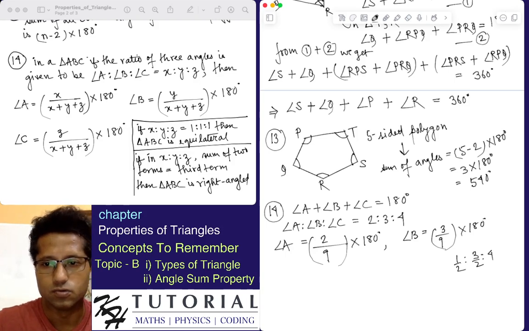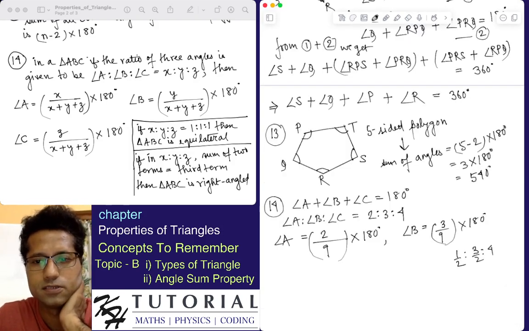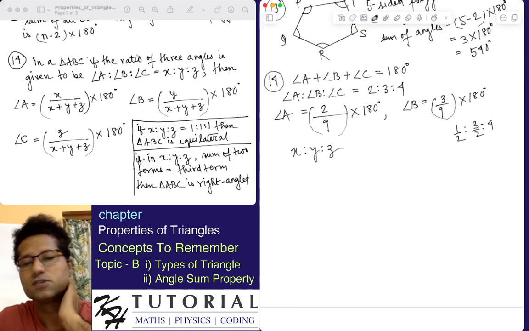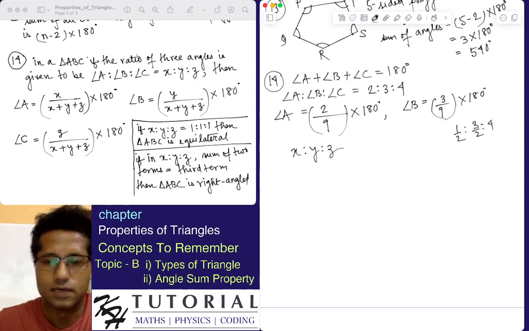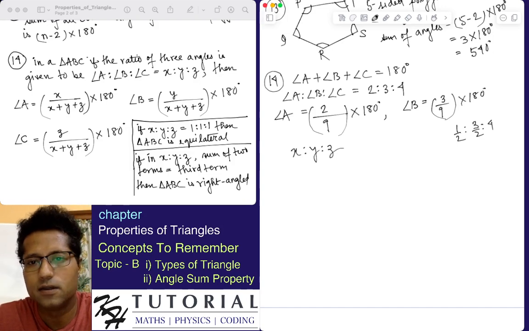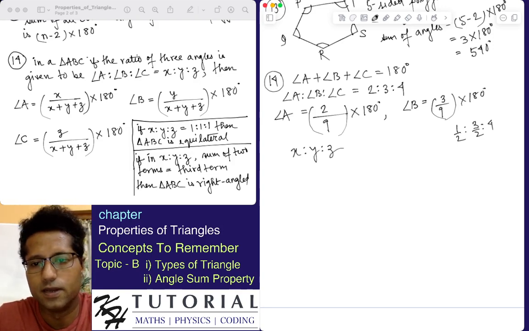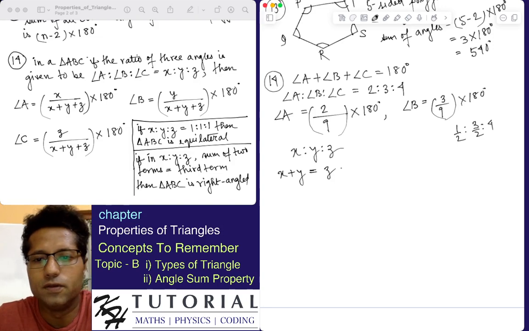Now, if you want to see why that is, let me try. Let's say the ratio we have is x is to y is to z, which is in the simplest form, and they are all integers. The condition is that two terms must add to the third term, then it will be a right angled triangle. Let's say we have x plus y equals z. Okay, we have this. Now we know that